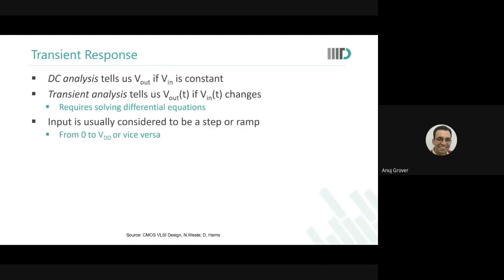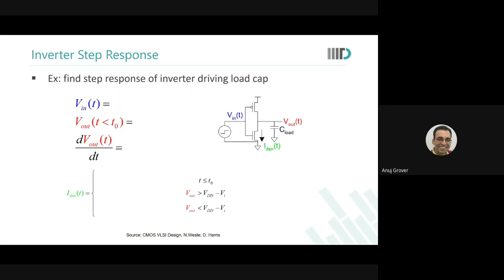Now we come to what we call the transient response. We're already discussing delays, so I don't think it will take us long to cover this topic. What we are looking at is that suppose I give a step response to the input. Then I want to find out what kind of current is flowing and what my delay is. That is what I desire. Am I right?